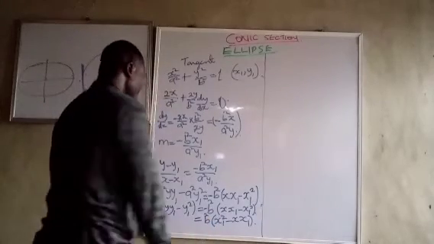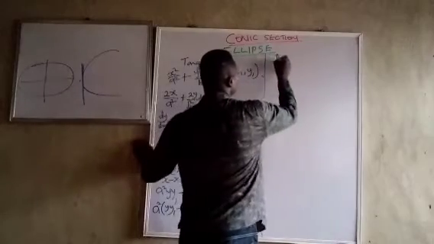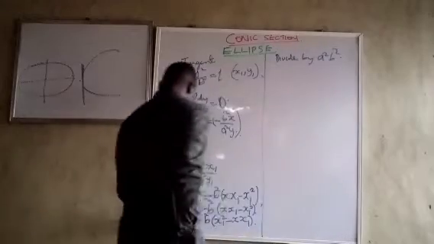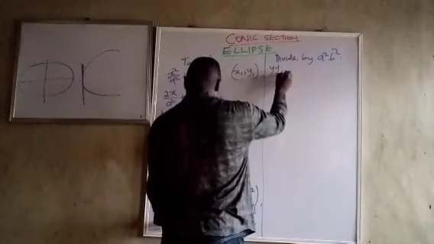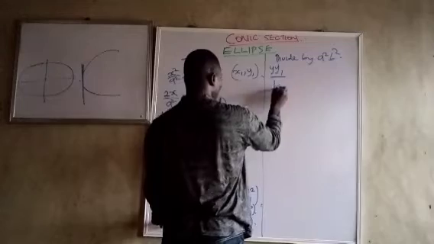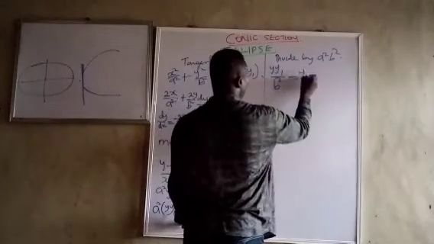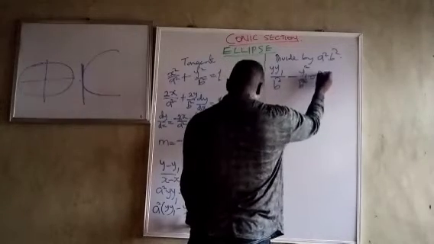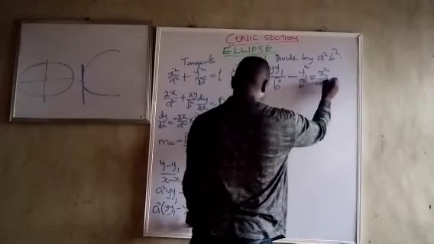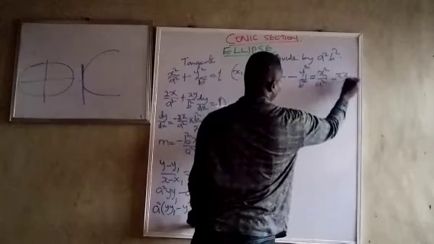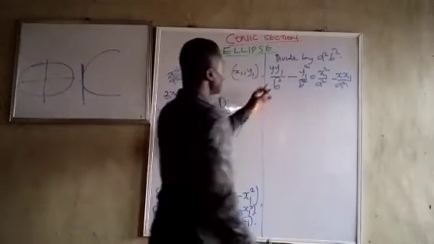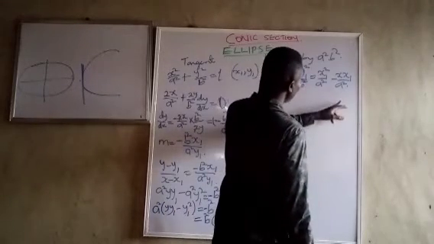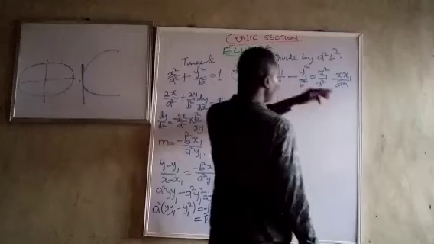Now, let me divide through by a squared b squared. So I'm going to have y1 over b squared minus y1 squared over b squared is equal to x1 squared over a squared minus x1 over a squared. So let me add